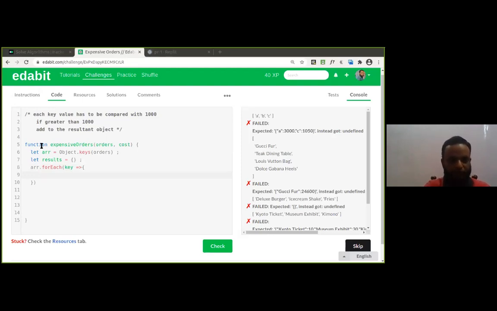So we write that one. What will we be writing here? What is the condition here? Orders of key, isn't it? We got the value as A. So orders of key means it will give the value associated with A. If it is greater than what? Cost. Very good. Yeah, right. If orders of key is greater than the cost.